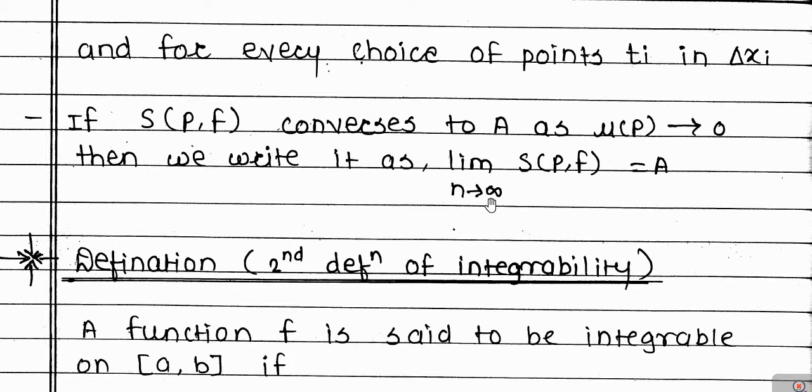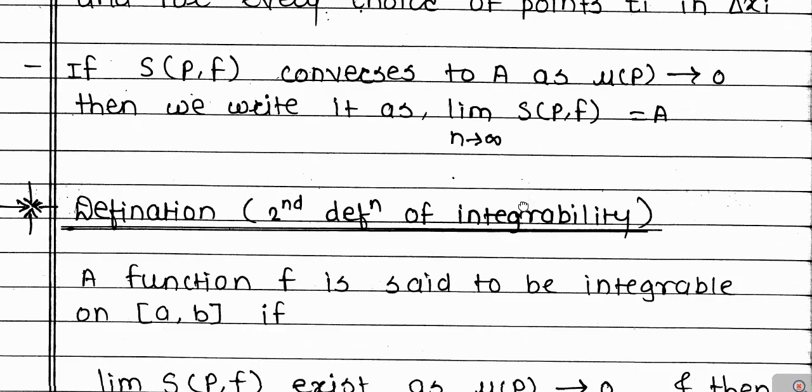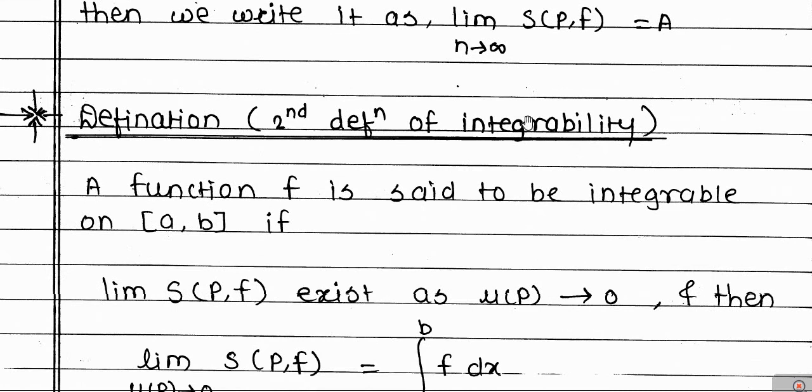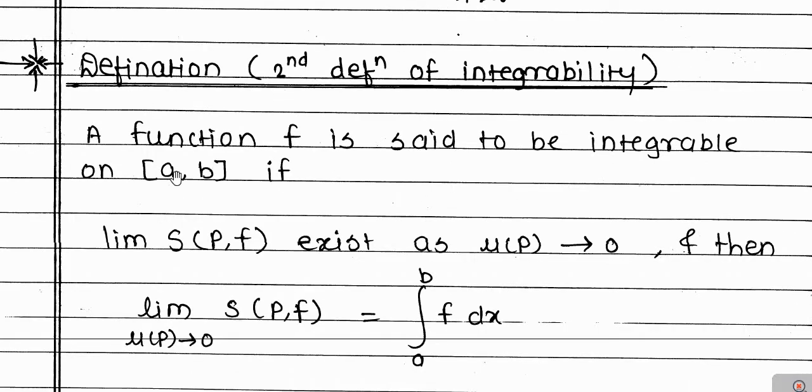N means the number of subintervals in the partition P. So definitely, as the norm of the partition tends to 0, then n will tend to infinity. Now next is the second definition of integrability. So the definition is, a function f is said to be integrable on the closed interval a to b if limit